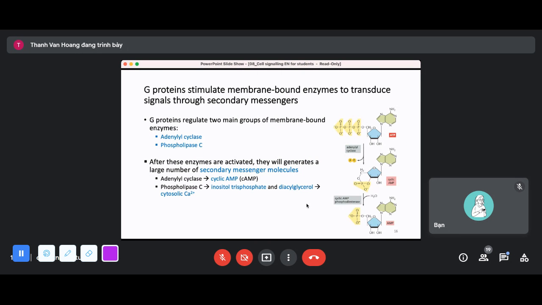So the first mechanism is that G proteins can interact with the ion channel to open or close the channel. The other mechanism to induce signal into the cells is through two groups of membrane-bound enzymes. The first group is adenylyl cyclase, and adenylyl cyclase will transduce signal through a secondary messenger molecule called cyclic AMP